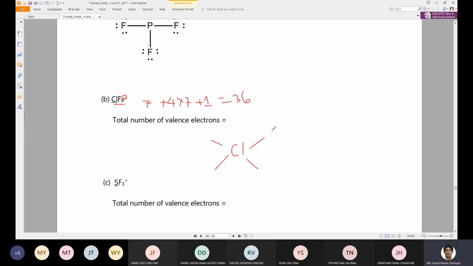we can put 4 fluorine. Actually we should put 4 fluorine and then make up the octet for fluorine as well. I am just showing only 1. So 2, 4 and 6, right? And this 2 electron 8. So